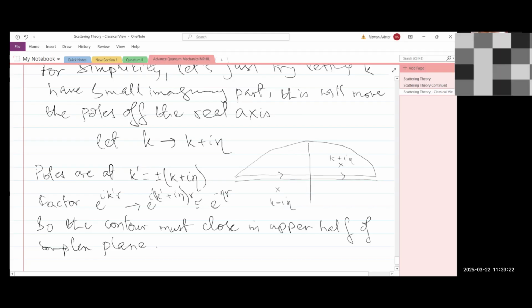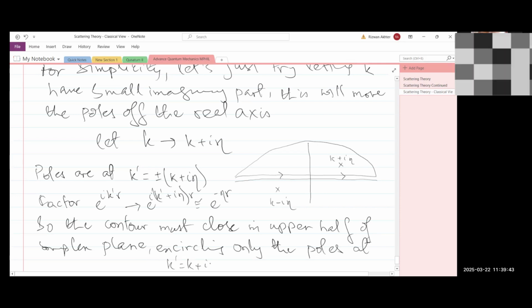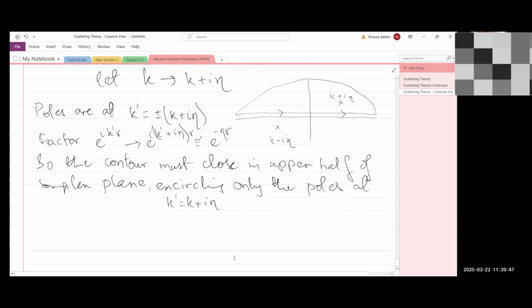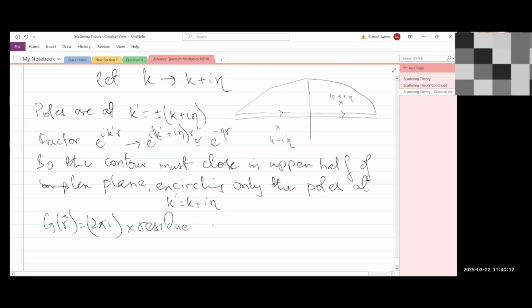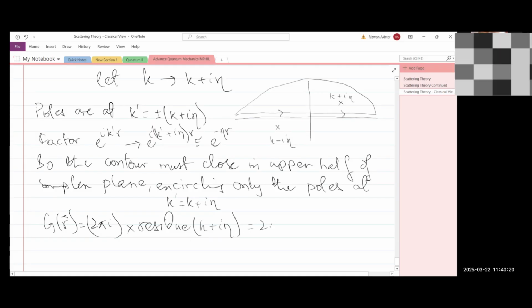Okay. Encircling only the poles at k prime is equals to k plus iota eta. ठीक है ना? सो सिर्फ ऊपर वाले, और ईटा इज टेंडिंग टू जीरो. सो उस सूरत में इन द एंड वी वुड टेक ईटा एज टेंडिंग टू जीरो. देयरफॉर जी ऑफ आर जो होगा, g of r would be equals to, using the residue theorem, 2 pi iota times residue of k plus iota eta. और ये किसके बराबर होगा? दैट वुड बी इक्वल्स टू 2 पाई आयोटा तो आ ही रहा है,